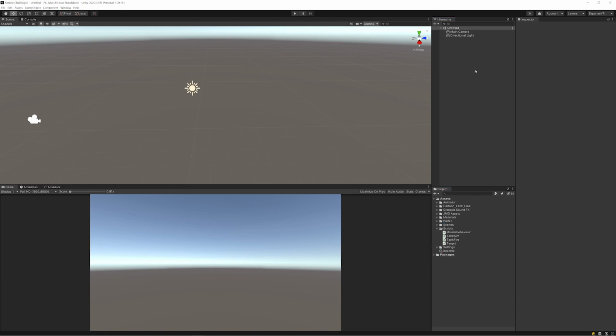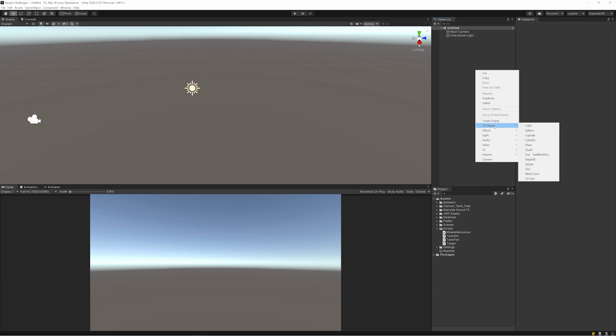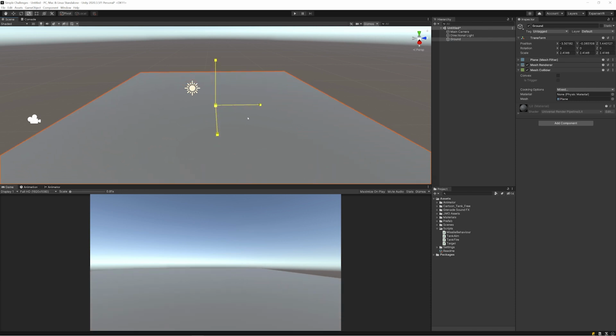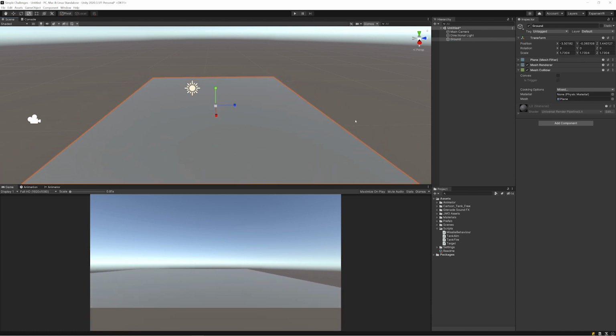So here all I'm doing is creating a plane, making it a little bit bigger. So this will be the ground. And if you don't know what I'm doing there, I'm pushing R for the shortcut. Now the first